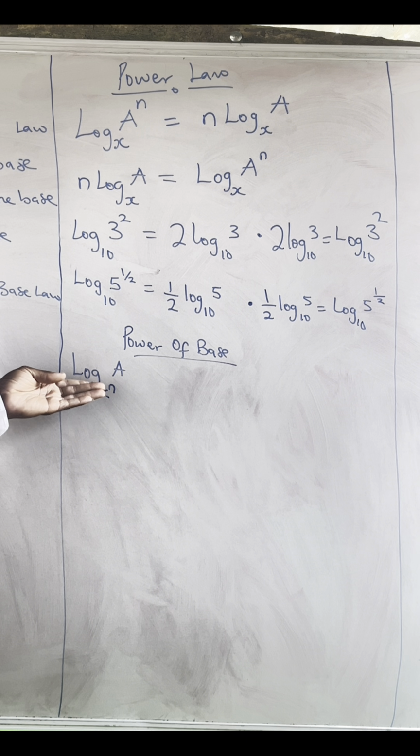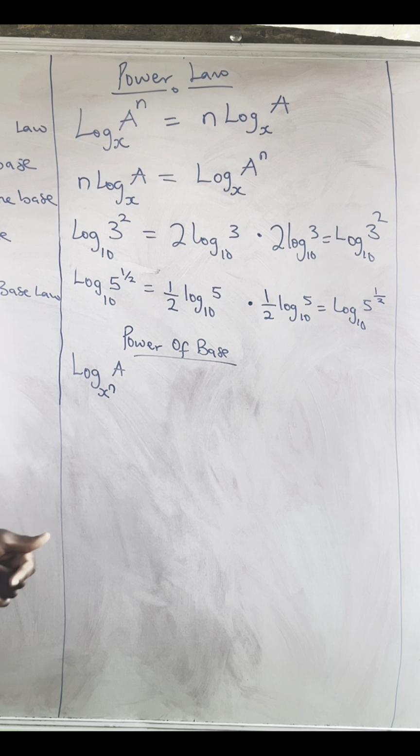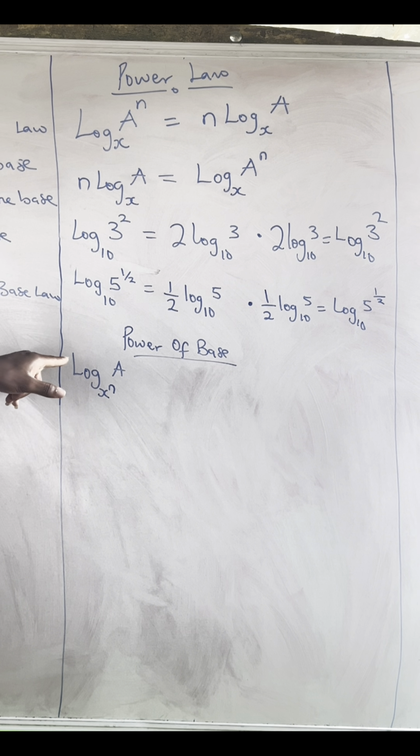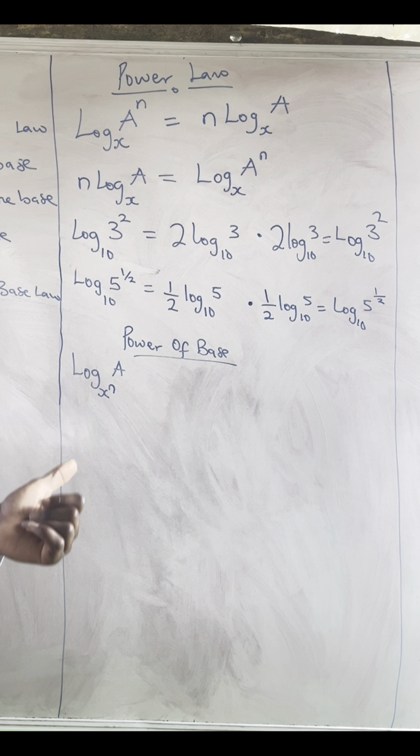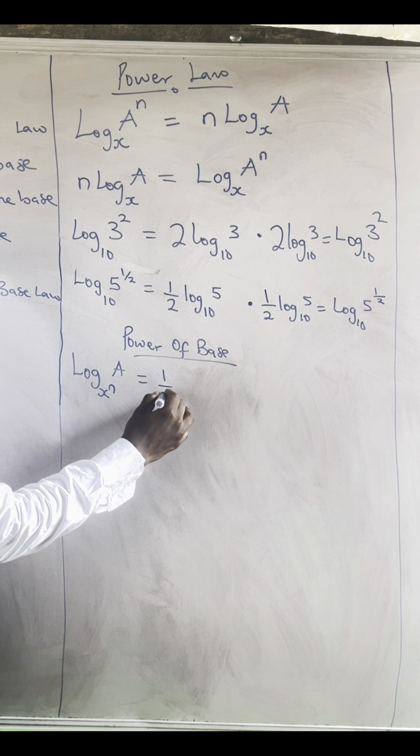Whenever a logarithm has a base and the base has a power, that power of the base can also become the coefficient of the log. But whenever the power of the base becomes the coefficient of the log, then that power turns to what? The reciprocal. So this can be rewritten as 1 over n